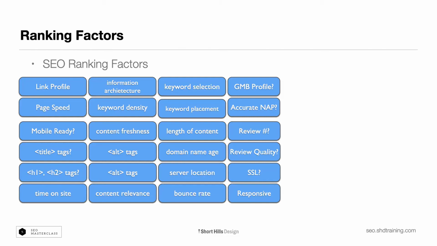Google My Business Profile, I put a question mark. This is a slide that's a couple years old, but the concepts still apply. I can't tell you that if you and I have the exact same website or the exact same profile for ranking on a certain keyword, that Google My Business won't make a difference, but I certainly know it can't hurt if you have it filled out. Page speed matters. How fast does it load?